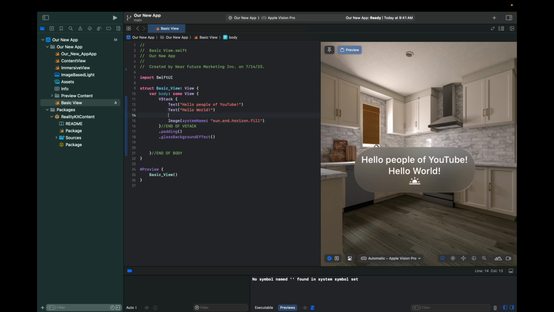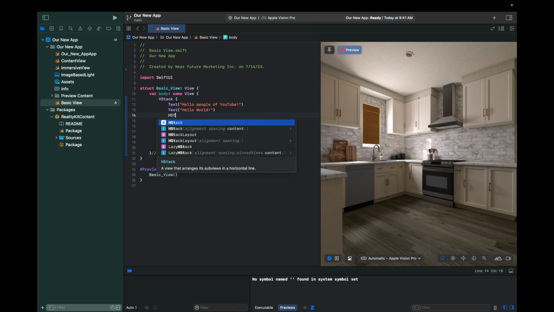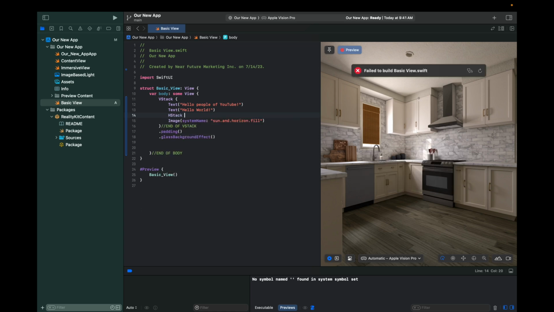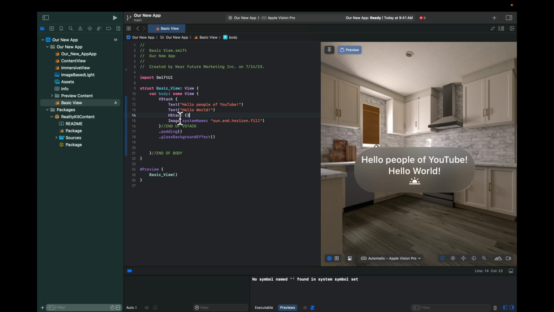So underneath our text, let's start an H stack. So again, I'll type H, type stack, and then I'll do the open and close brackets here. So here's our open bracket, here's our close bracket. And so everything inside of our horizontal stack, or this container here, will be inside of these two open and close brackets. So I can hit enter,